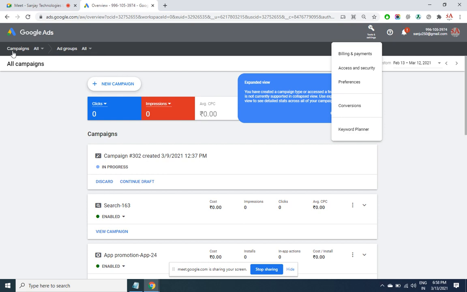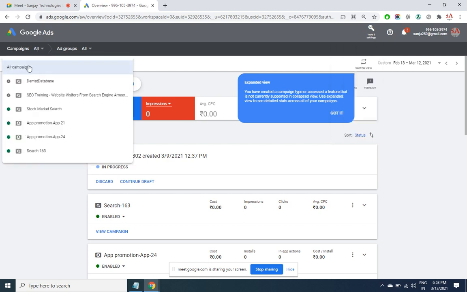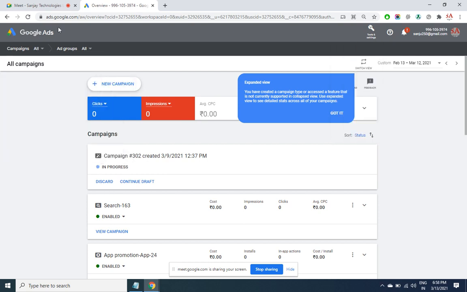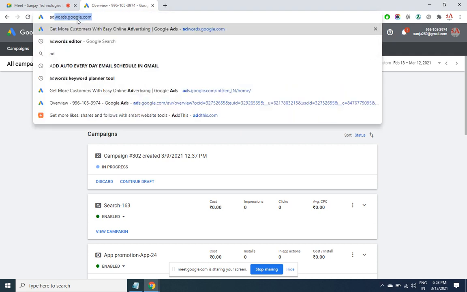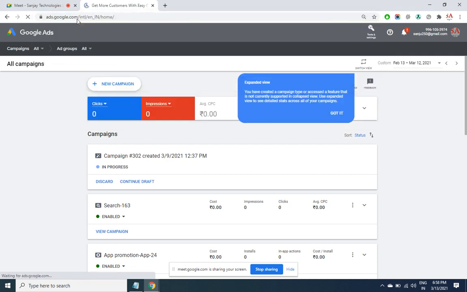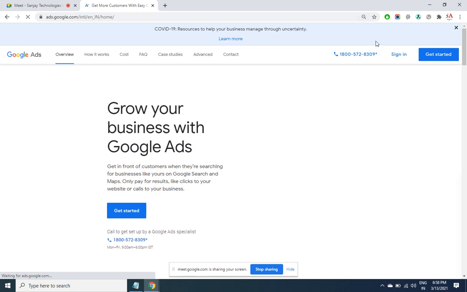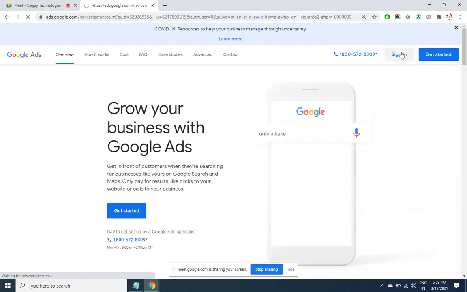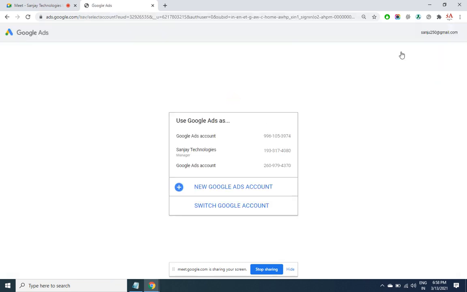Why it's not showing the other menu items? So now and then I talked about the conversions, goals and all that. Let us see how do we create one.